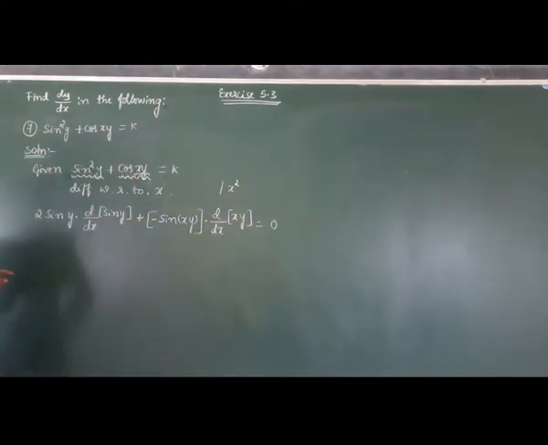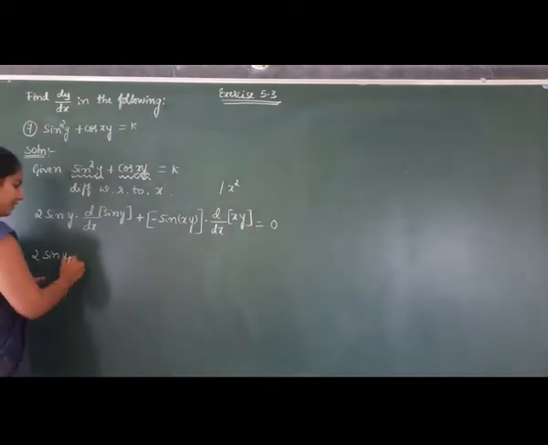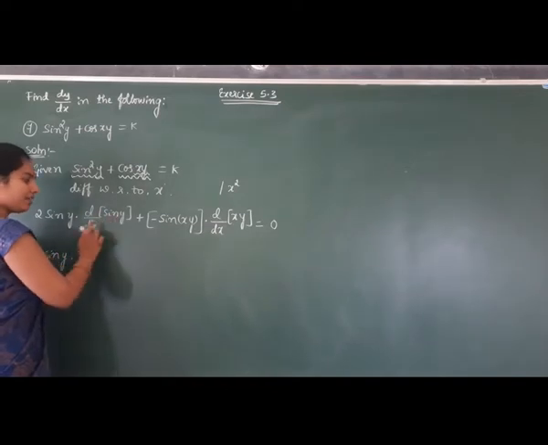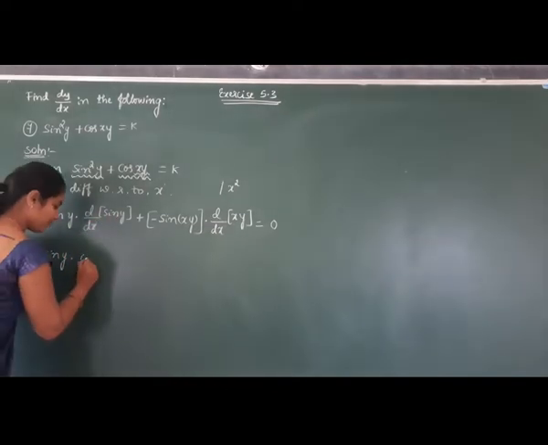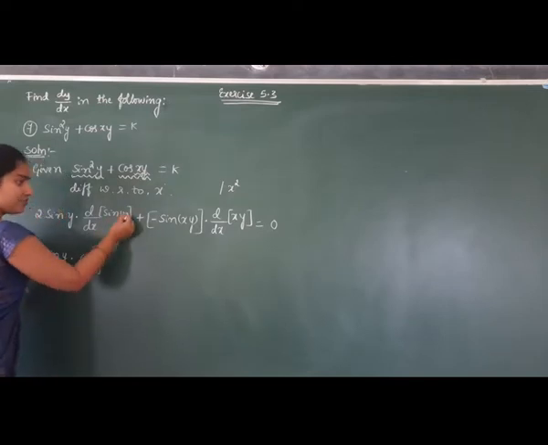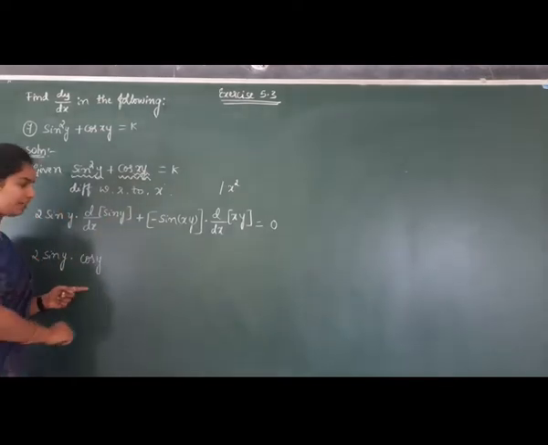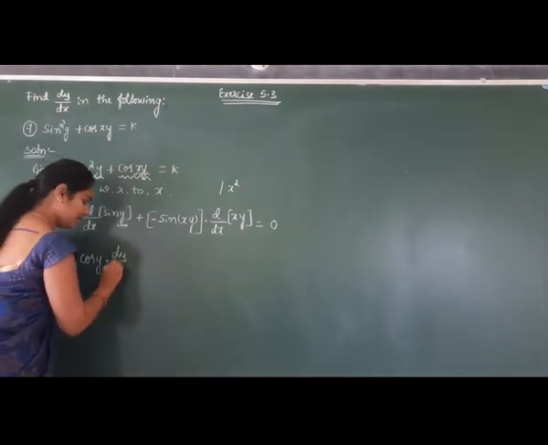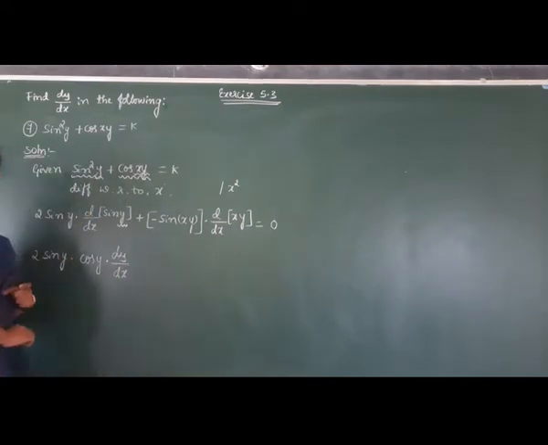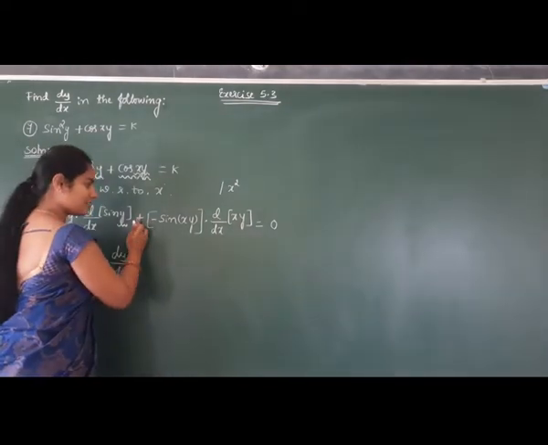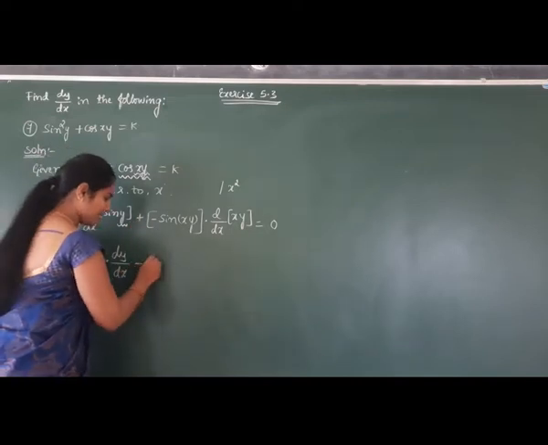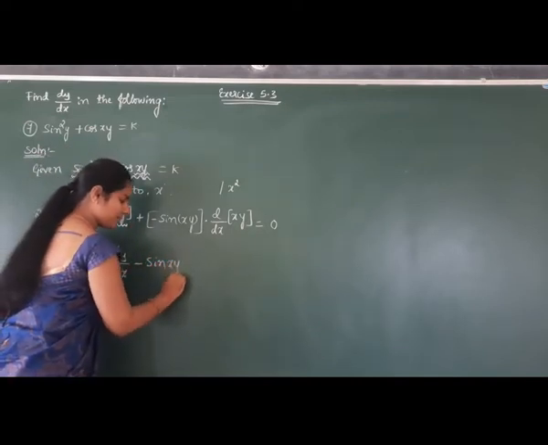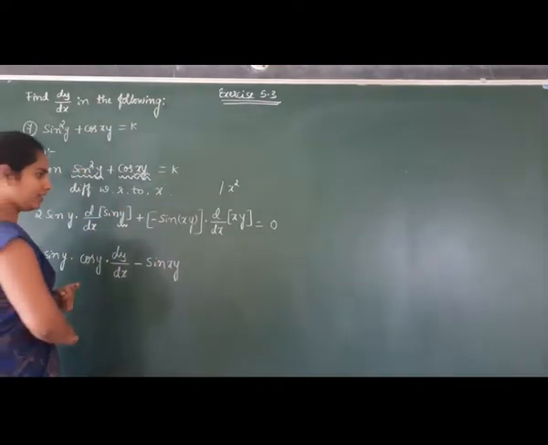So now 2 into sin y into derivative of sin y with respect to x, which is cos y into derivative of y with respect to x, that is dy by dx. So minus into plus is minus sin xy into